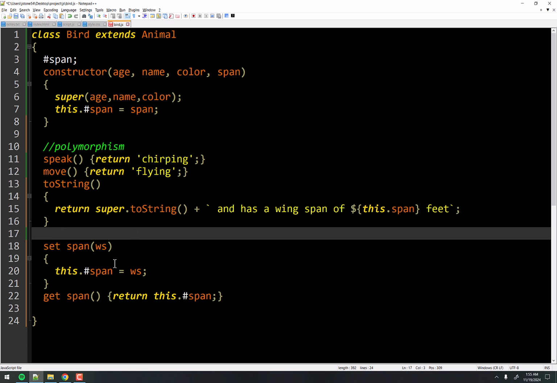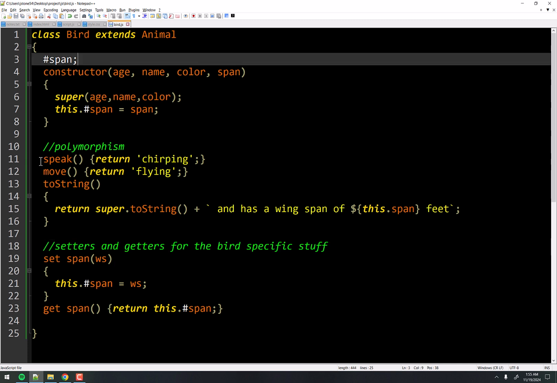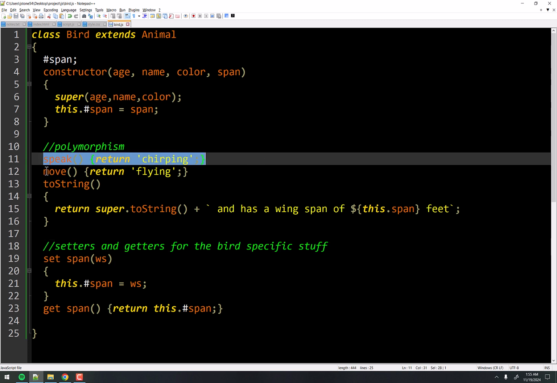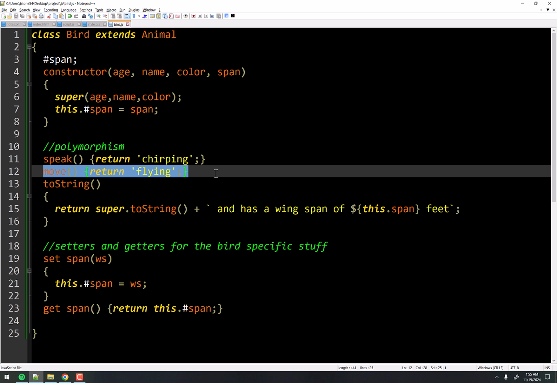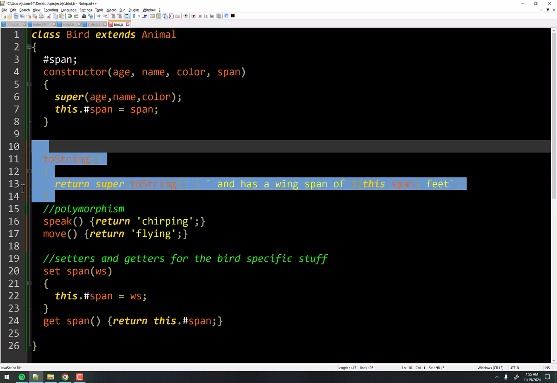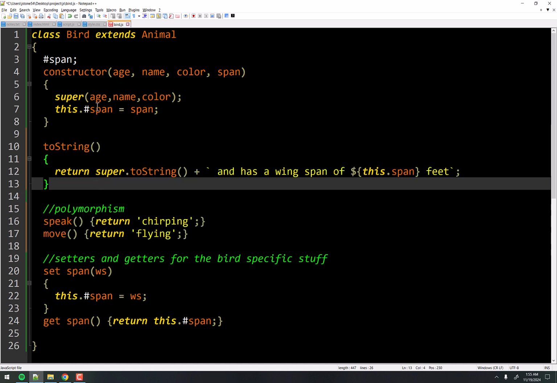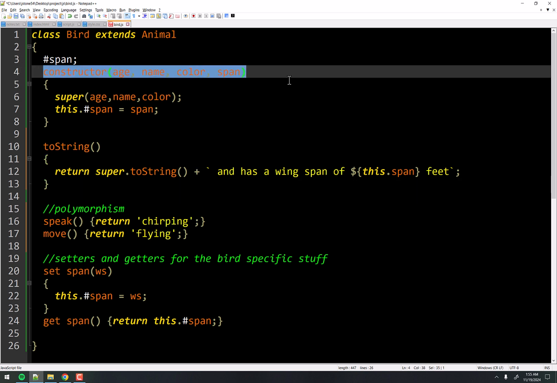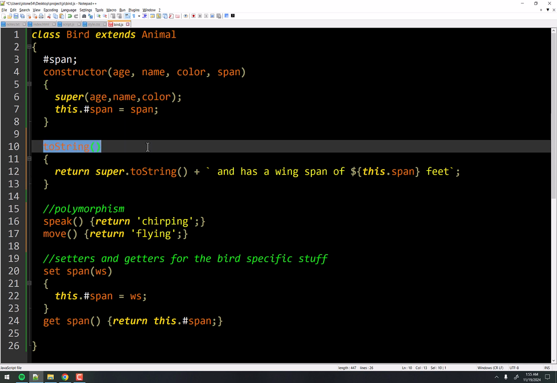These are just setters and getters. The real polymorphism is where you're changing the behavior, right? You're changing the methods of what it can do. And so toString is kind of pushing it, so maybe I'll separate that. In fact, I'll move this up here because toString and constructor functions are the default behavior, right? When I say new bird, it calls this by default. When I say print bird, it calls this by default, or innerText equals bird, it calls that by default, right?